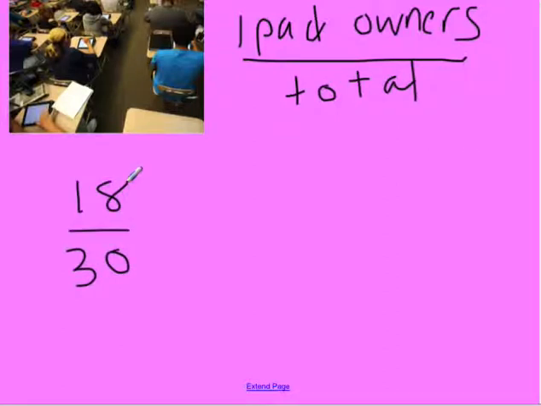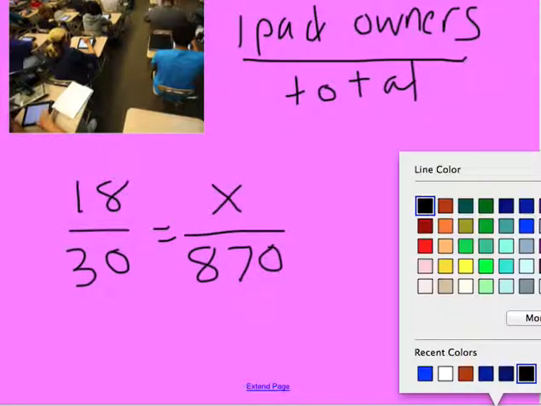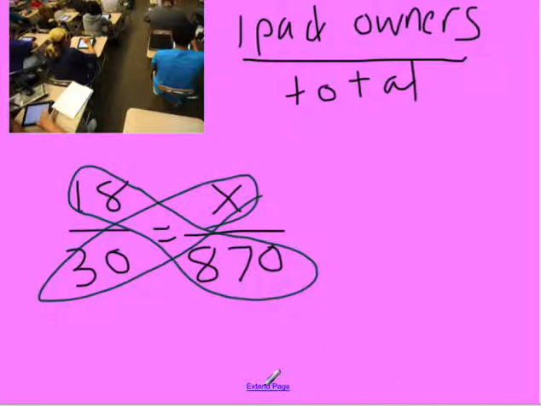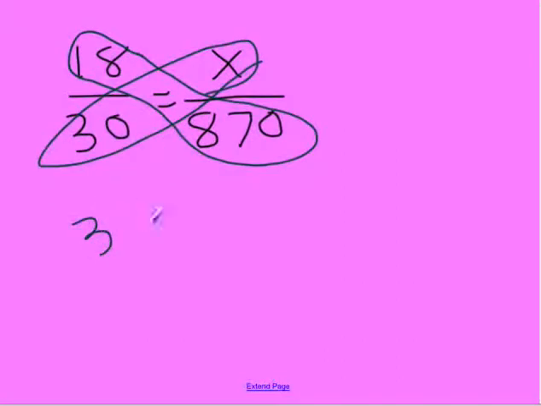Then she says if there's 870 students, so now our total is 870, how many of them are going to own iPads? Well, we're going to assign X as our unknown. So what we're going to do now is cross multiply using this proportion. I'm going to take 30 times X, that's going to give me 30X. Then I'm going to do 18 times 870. That's going to give me